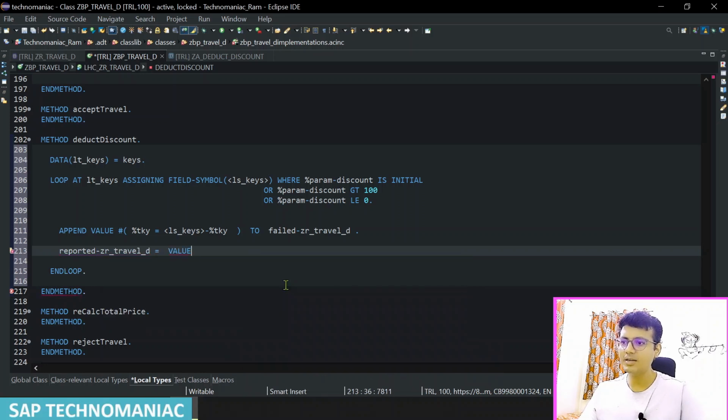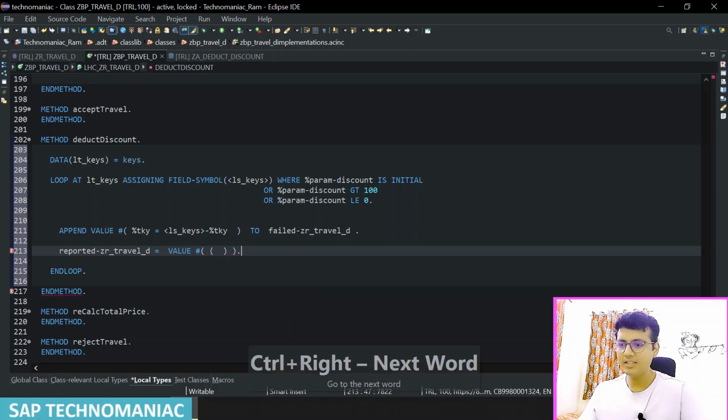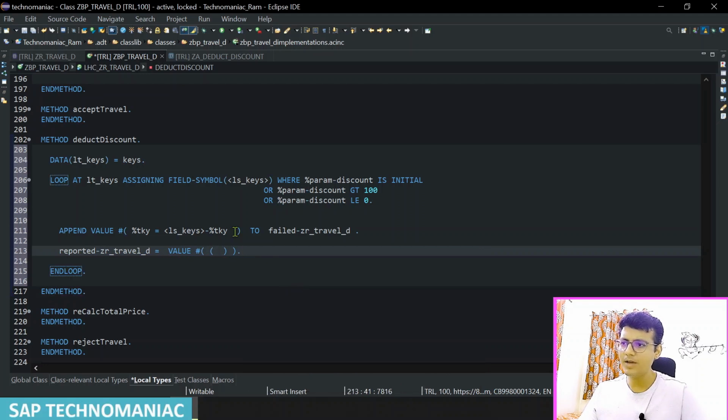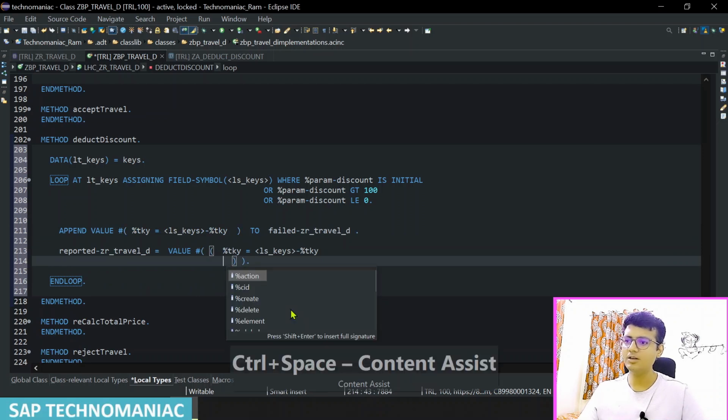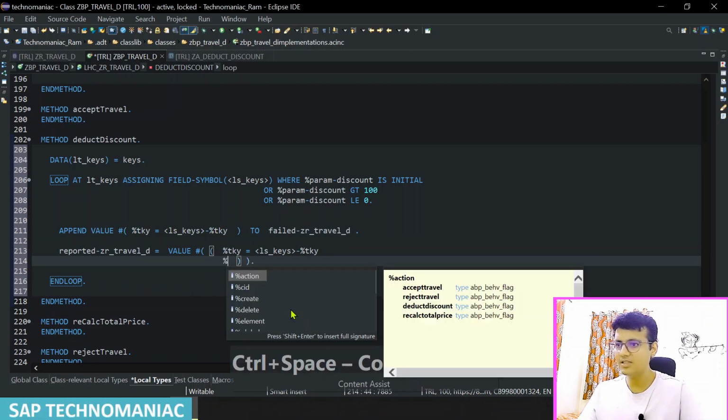Again I will do the same thing here. I want to fill first values, so I will get easily value help. Here also we will be having the transactional key, obviously, Control C, Control V. Apart from transactional key, here we will be having percentage message field, Control space, percentage message field I